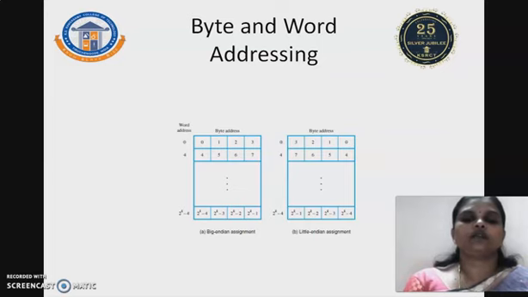If we come to this figure, if we are using the lower order bytes for more significant bits, then it is the Big-Endian notation. And lower order bytes for the lower set of bits is called the Little-Endian representation of a memory. So this is how we are going to represent the data in a memory. And the next one is that